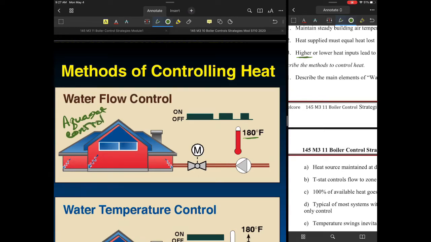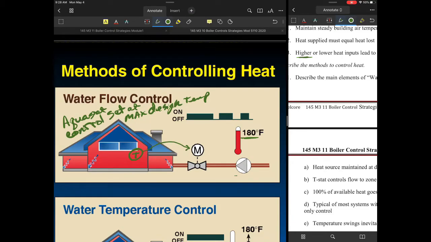Essentially, in that last module, there was something called an aquastat. And your aquastat control had a setting on that control. The aquastat control was essentially where you set the max design temp. I'm not saying the max temp that the aquastat can be. A lot of the older systems, if you said, all right, we're going to design our system for 180 degrees,